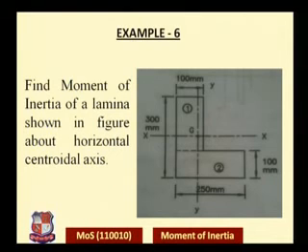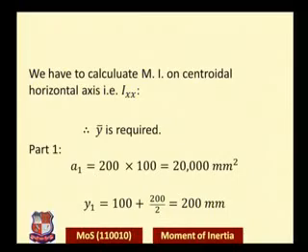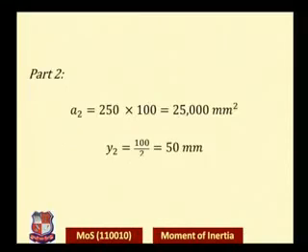Accordingly for the L shapes, again a stereotype problem, you have to find the centroid, because you are asked to determine the MI about the horizontal centroidal axis. So first of all get the y coordinate of the centroid, then discretize the figures into the standard shapes, then find the moment of inertia of these elements about the centroidal axis of the section. Accordingly there are a number of problems given in the books, and the basic fundamentals and the principle remain the same.